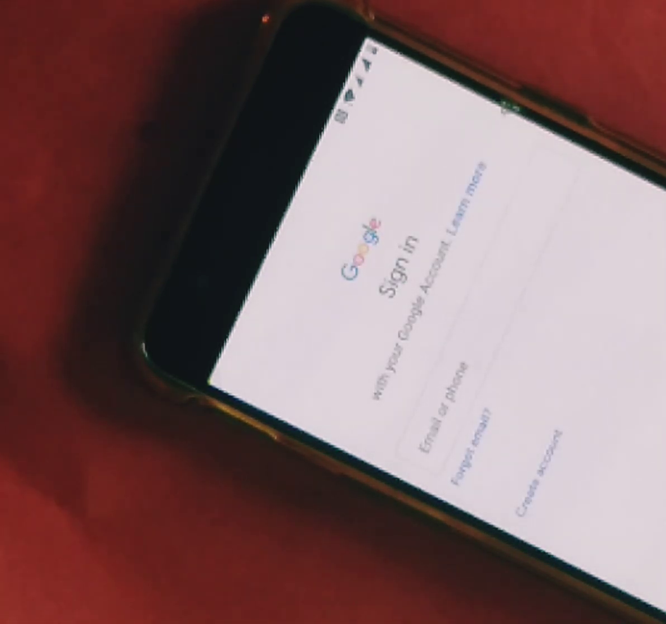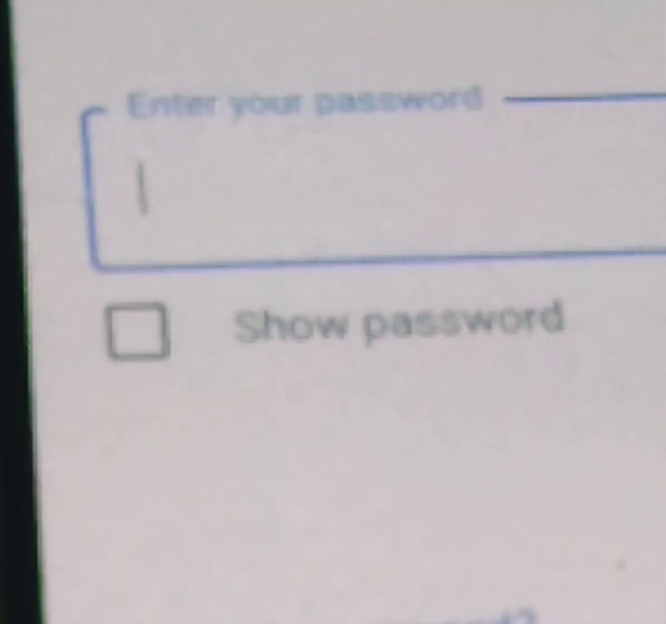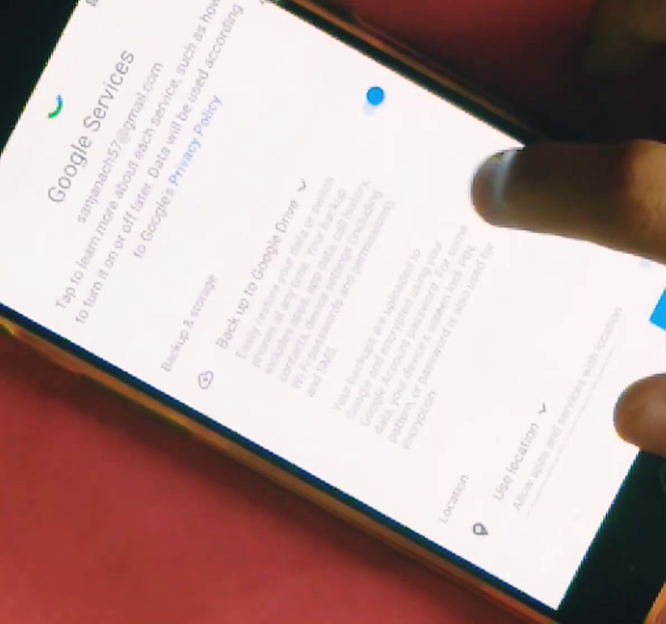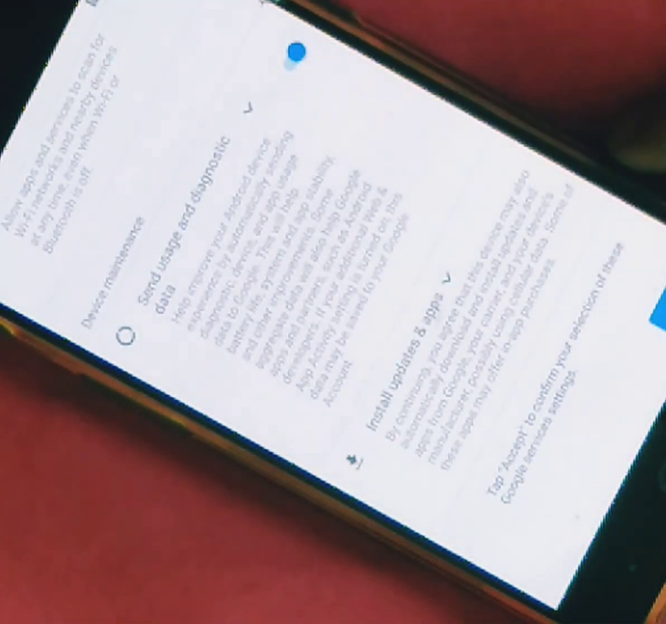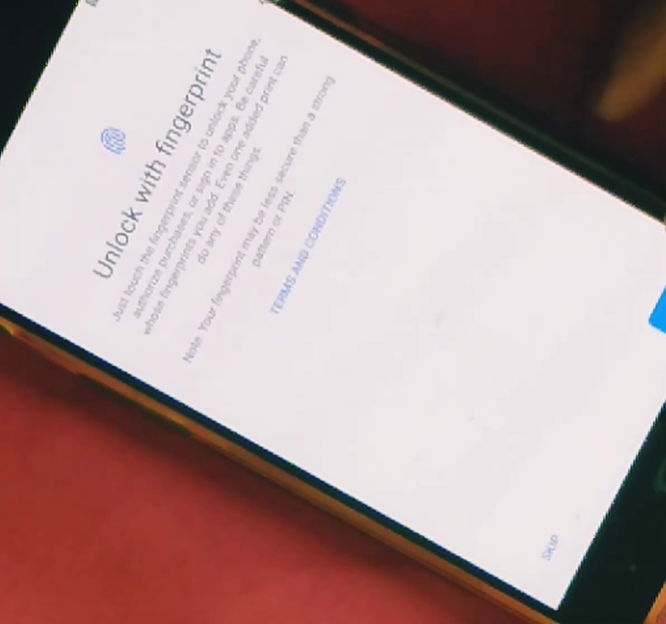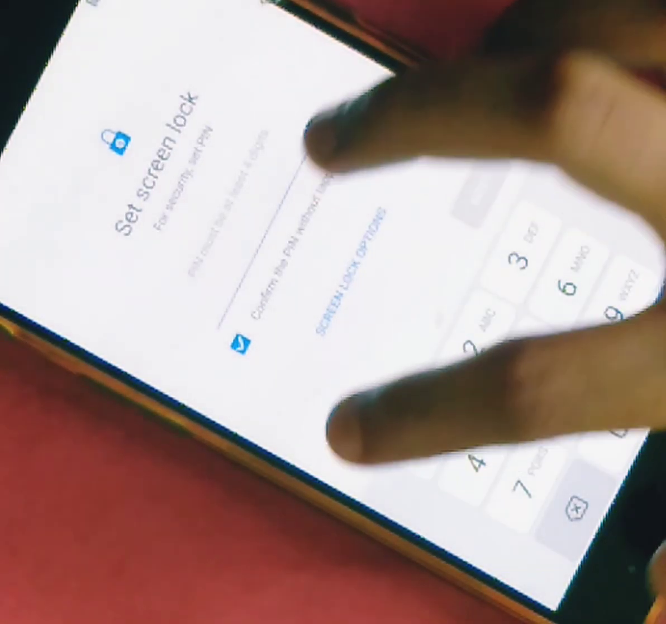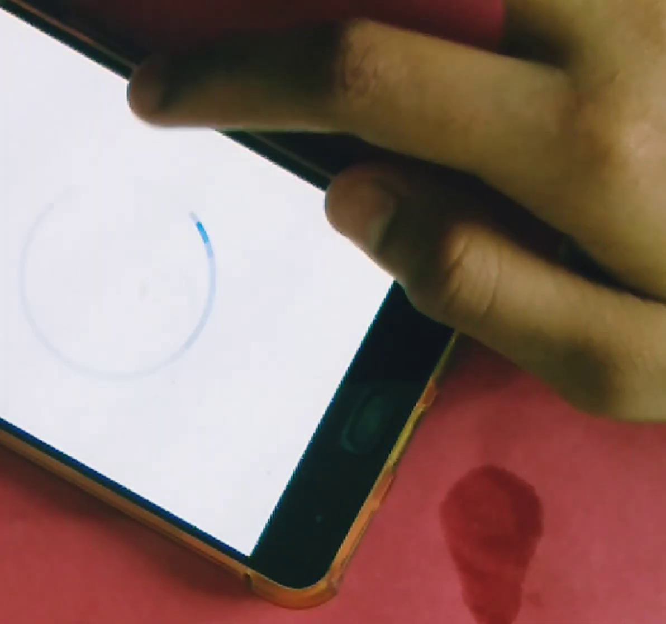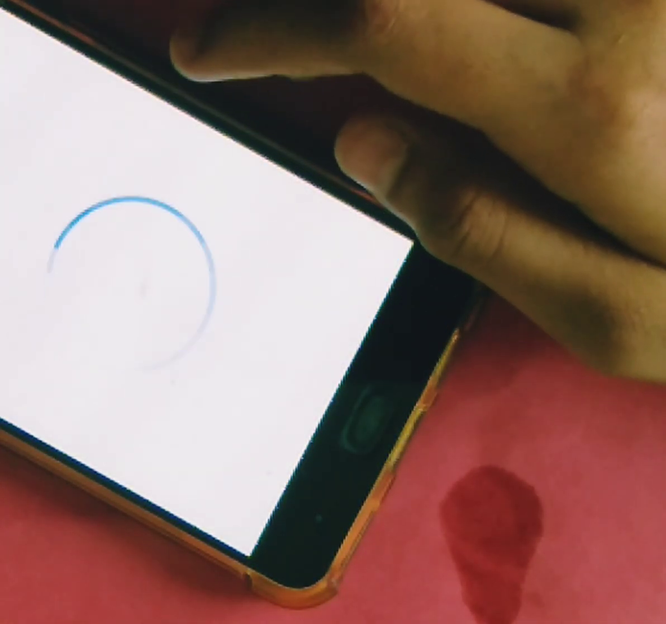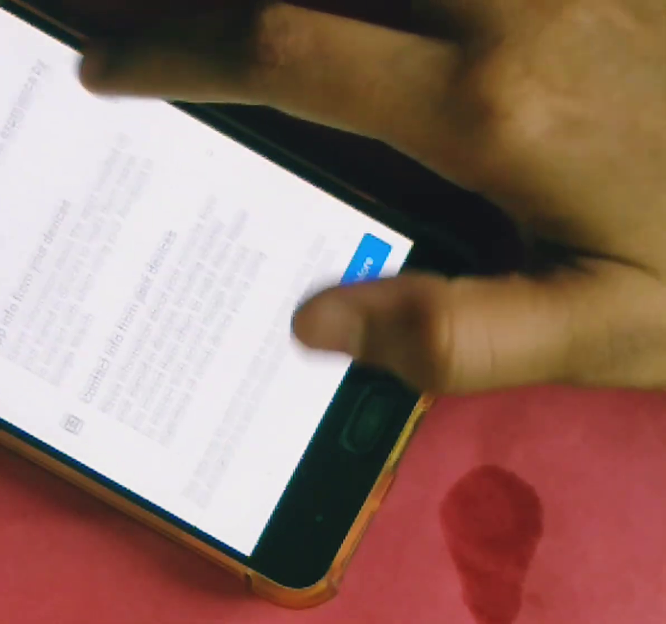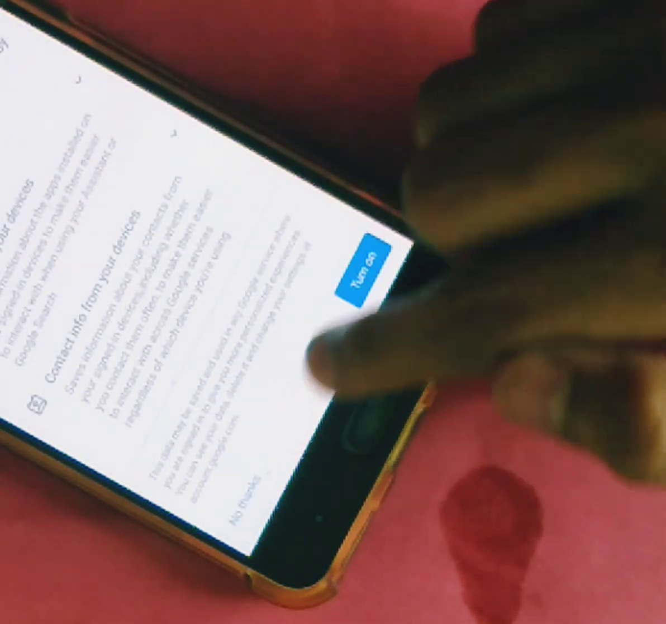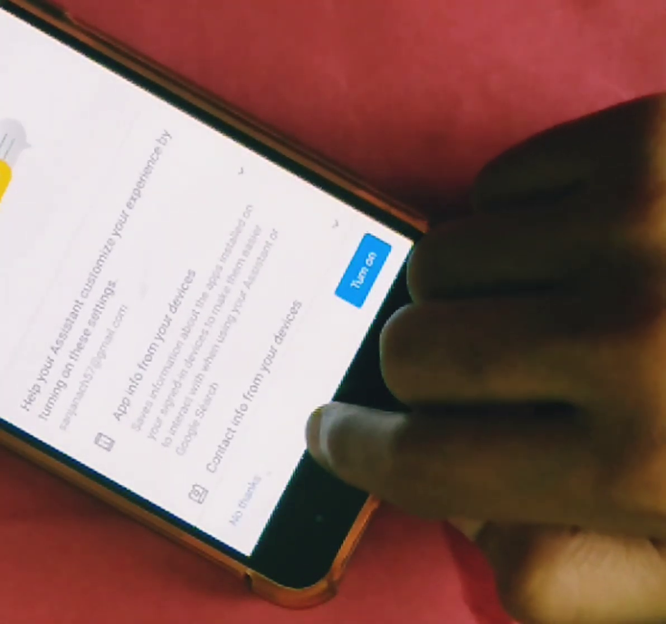Now you have to sign in with any of your Google accounts. You can obviously create a new one too, but I'm just using my old account. And after that, I'm just agreeing to their policy, and yeah, you'll just have to accept. And then it's asking for any fingerprint or screen lock or just password. I'm just skipping everything because I don't want anything. And then now I'm just going to turn it on,